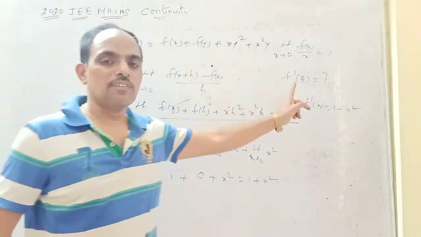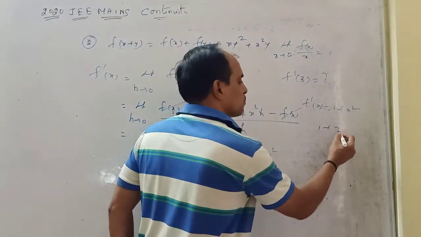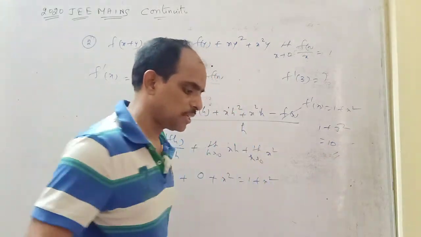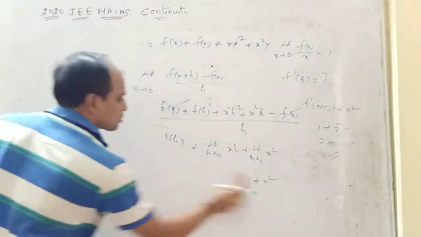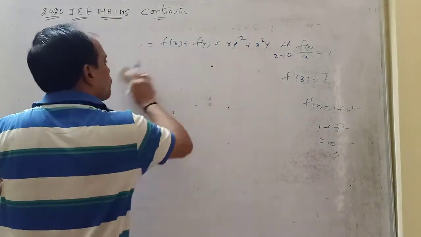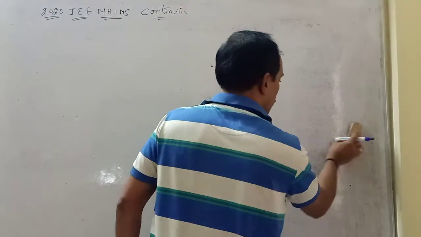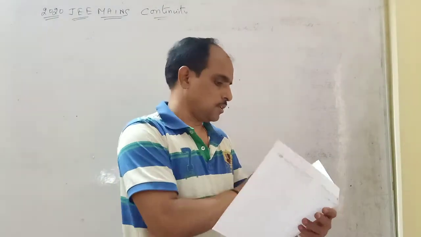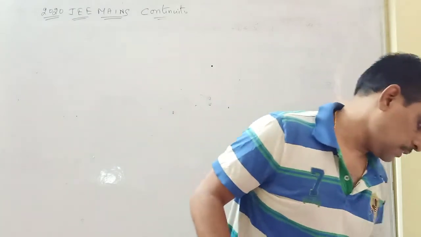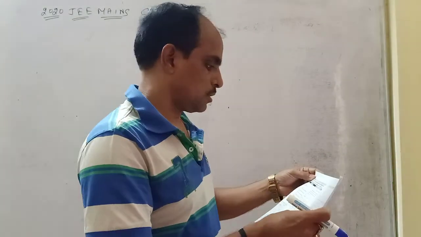What we have to find? f dash of 3. Now the answer is 1 plus 3 square. It is just nothing but 10. Okay. Now let us move to the next question. So this is the only question that was given in fourth morning, and let us go for the next question,